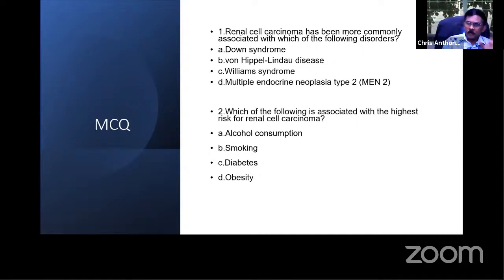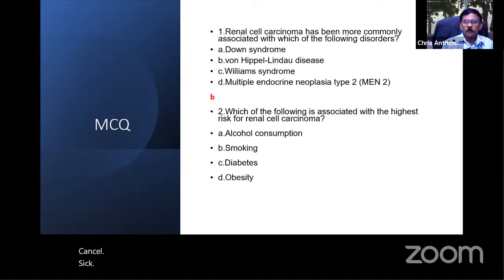So renal carcinoma has a long list of risk factors, so you must be able to answer MCQs on this. They like to ask you on this, so you have to memorize all those. But the important ones will be smoking, some chemicals, and congenital conditions. All right, familiar. The answer is B. Okay, next one.